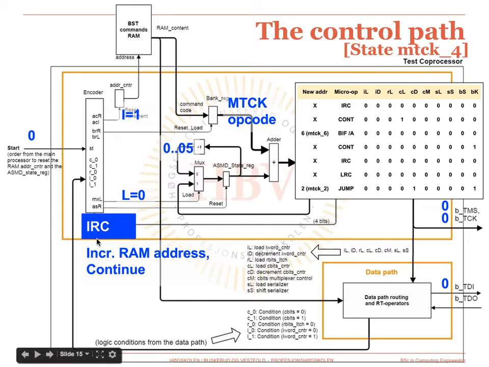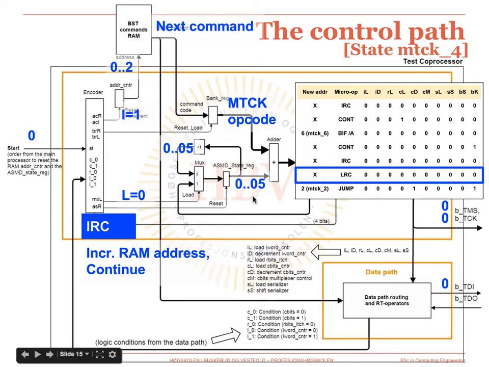And this microoperation defines the operating conditions that are shown in this slide. At the next system clock cycle, the shared memory will be incremented, so the next command opcode will show at the RAM content outputs, and we will advance to the following position in the microprogram memory section, which corresponds to